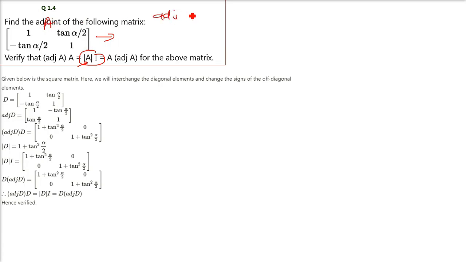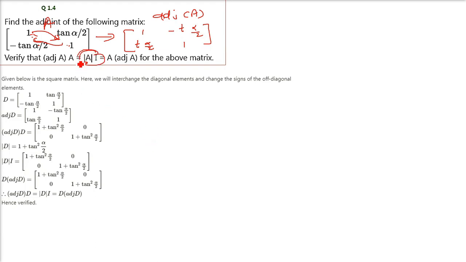Adjoint A is simply you need to exchange the diagonal elements 1 and 1, and then you have to change the sign of the other elements. So you just interchange 1 and 1, so it won't change anything, but this sign you have to change. Tan alpha by 2, here negative tan alpha by 2, minus tan alpha by 2. Okay,